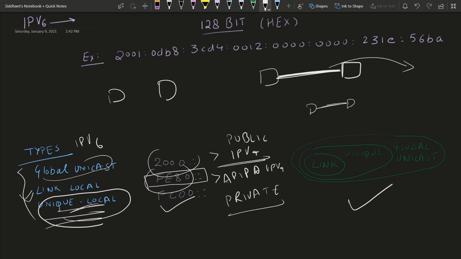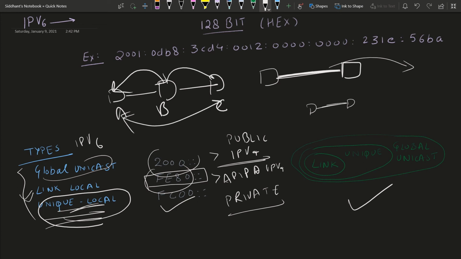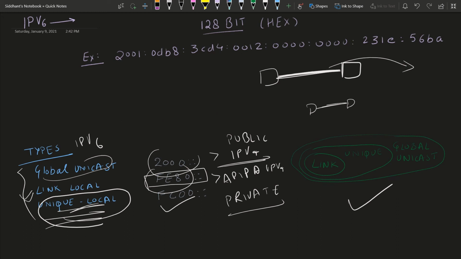Suppose there are three PCs, A, B and C. A and B can communicate with a link local address, and B and C can communicate with a link local address because they are connected to the same link, but A and C cannot. This is how link local addresses work. They work only within a link or a connection.